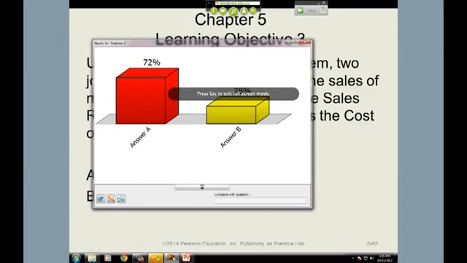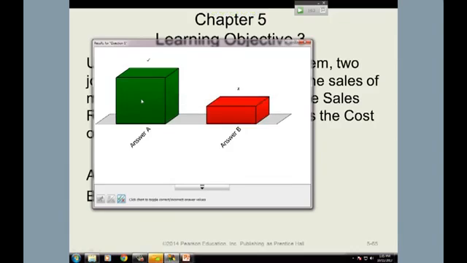So, there are two journal entries. One journal entry is needed to record the sale. The second journal entry is needed to record the cost of goods sold. So what you would see